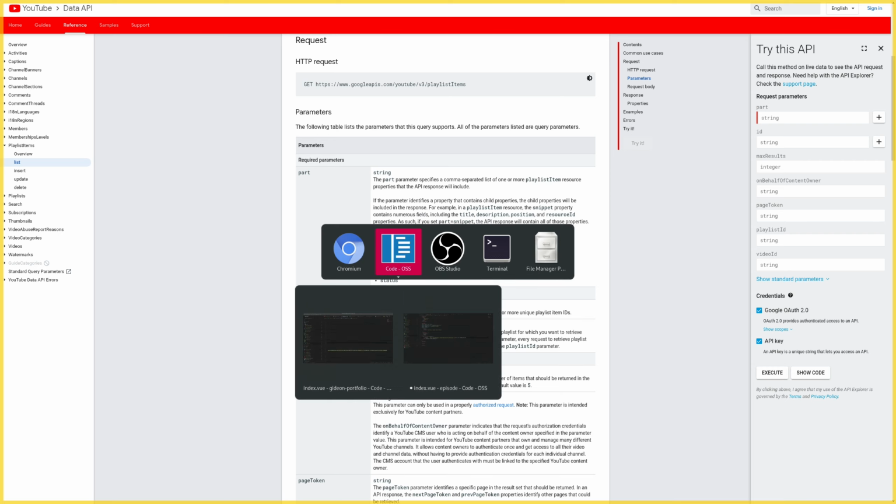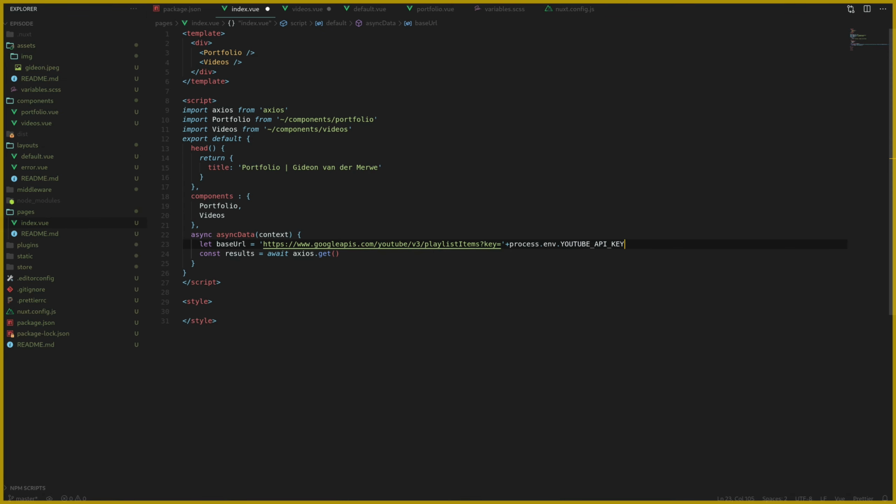And let's do that next. So we will say plus, and then we need an ampersand, and then say part equals snippet, and then we will add another parameter here,